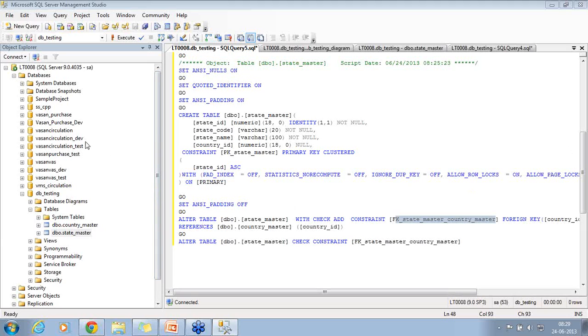When do we use DBMS and RDBMS? DBMS is an older concept. Now only RDBMS is going on. All SAP, any technology you take, it is all purely supposed to have only RDBMS.